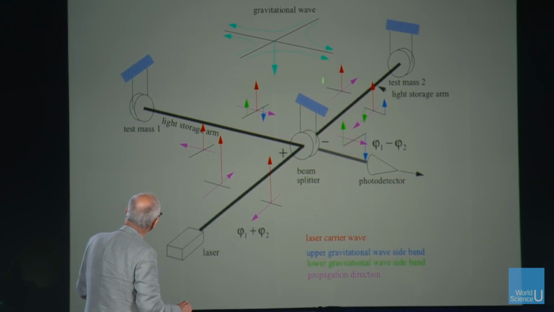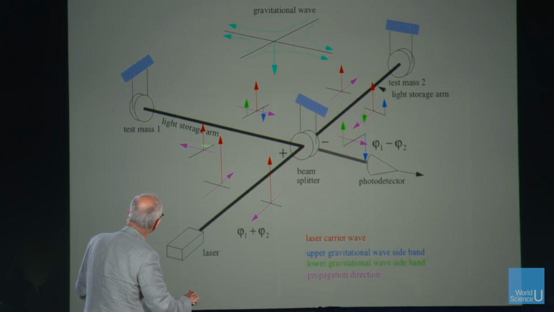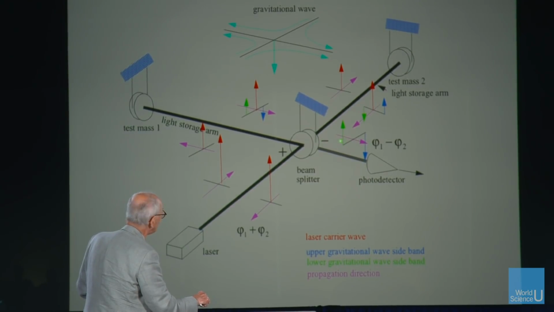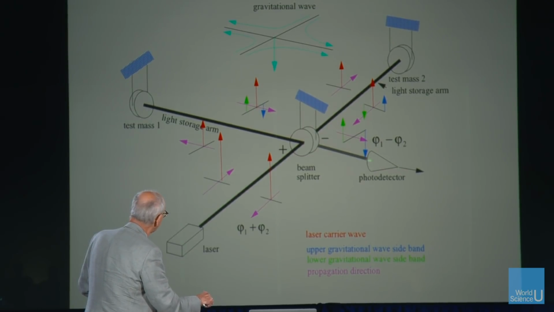So now remember that this is anti-symmetric. It turns out the same thing is happening in this arm. It hits this mirror. But now look, the upper sideband has a positive sign as it comes down here, but the upper sideband here has a negative sign. Remember, this side is being stretched when this one's being compressed. And so the two sidebands have opposite sign. They come to this point and add together, and lo and behold, the two sidebands add up because of this negative sign on the reflection, and the sidebands do not get canceled as they go to the photodetector. I hope you've understood this. If you haven't, you should study the picture a little bit.